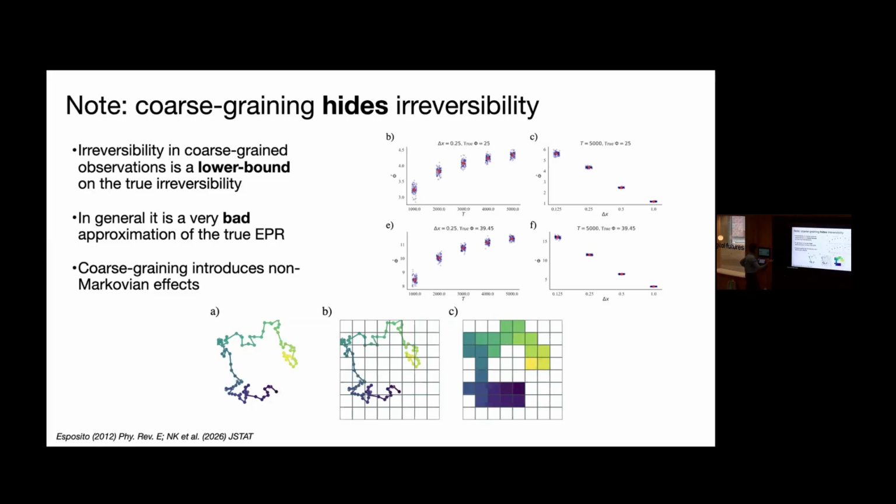The other thing that's very difficult is when you coarse grain a process that is Markovian, so it has no memory, you induce memory in the process. So if you're approximating this with a jump process between cells, but it's actually underlying some continuous process that looks like this, it's no longer Markovian. You now have a memory, right? So if you've just entered one cell, it's more likely you're going to jump back than it is that you're going to jump forward to a new cell. And so this introduces all kinds of problems and errors in your entropy production rate estimate. Okay.